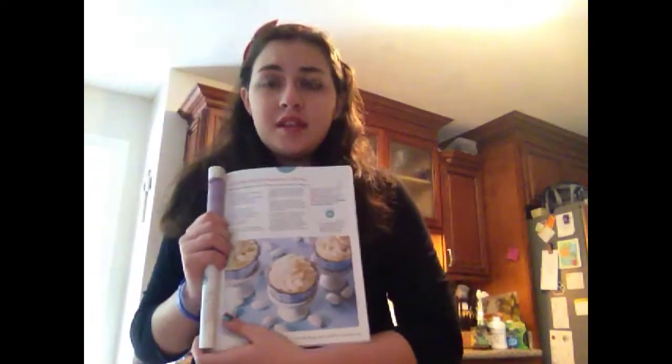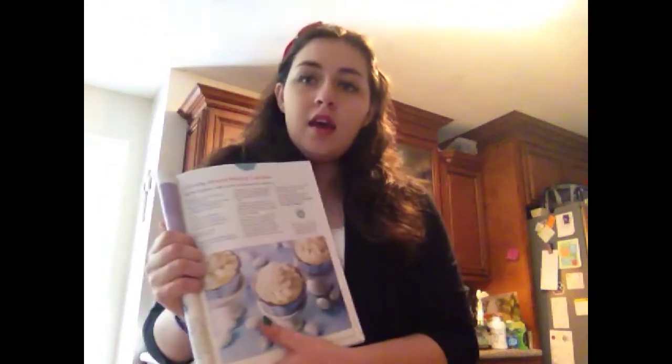So these are the cupcakes we are going to make today. They are called double almond wedding cupcakes, but they can be for any occasion, not just a wedding. I found it in a Betty Crocker magazine. It calls for